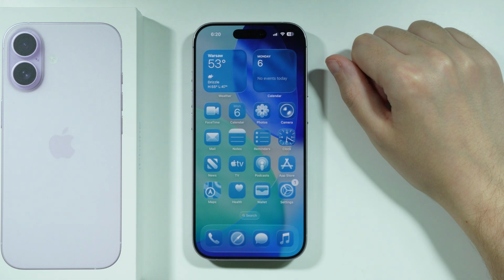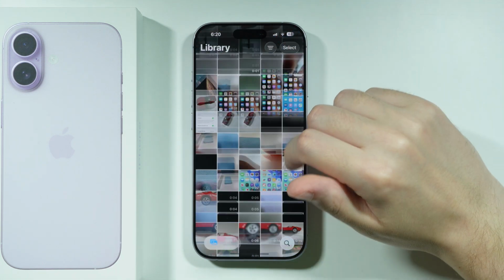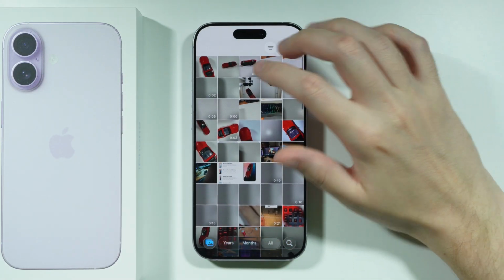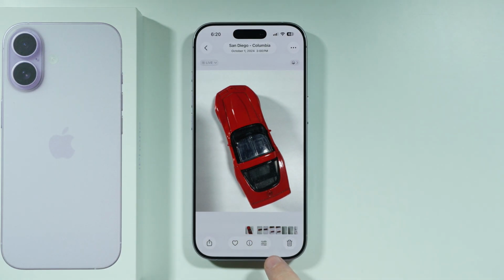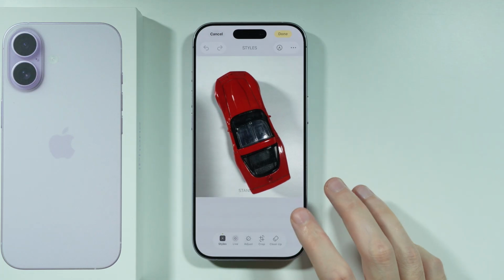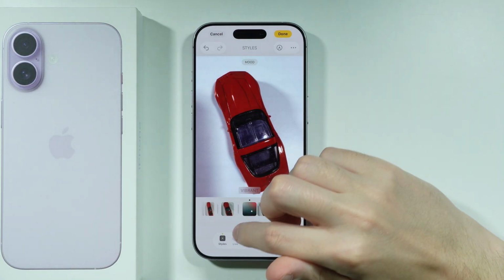If you want to edit photos on iPhone 17, then first of all we're gonna go to the Photos app. Let's open the library and we're gonna choose the photo that we wish to edit. Now over here at the bottom you should be able to find these three sliders. So let's tap on this icon, and over here we can go through different styles, for example, different filters, and